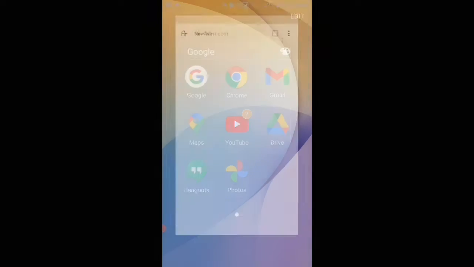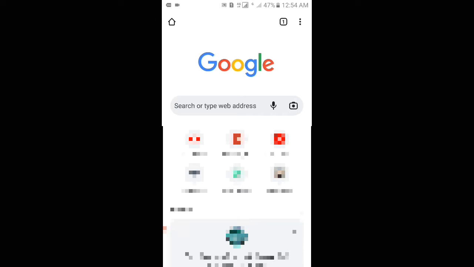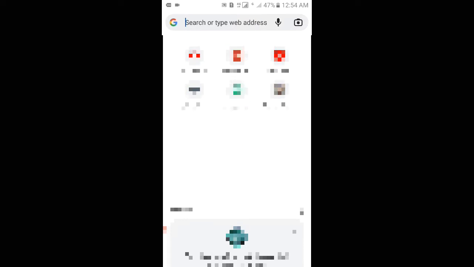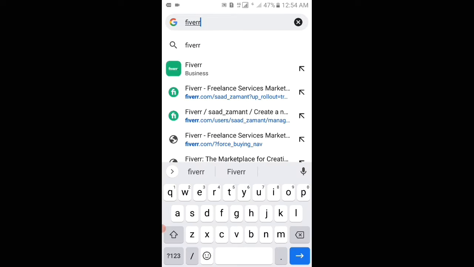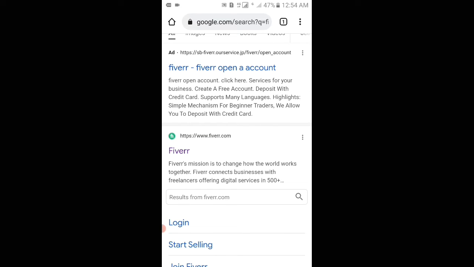Let's get started. Viewers, you have to go to Chrome browser and then tap on this plus icon, and then viewers, in the Chrome browser search box you have to type Fiverr, and then you have to search for it. After that you have to scroll down, and viewers, you can see the hypertext which is Fiverr, and the hyperlink is https://www.fiverr.com. So you have to tap on this hypertext Fiverr,